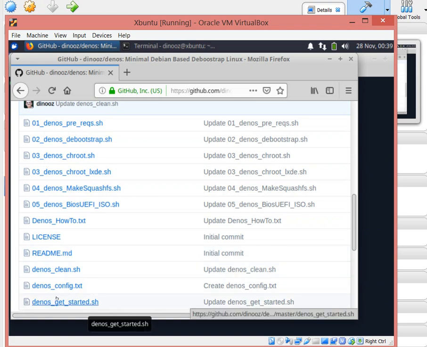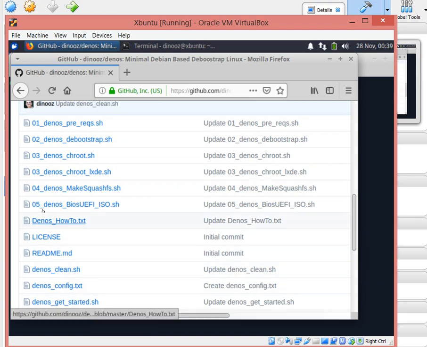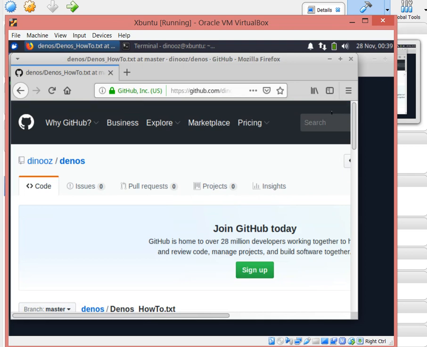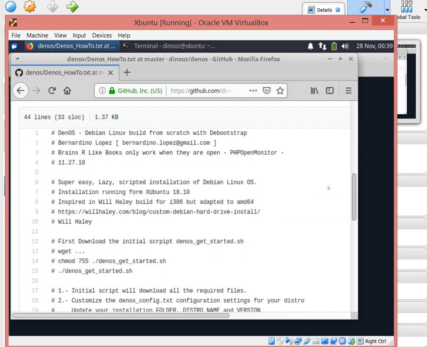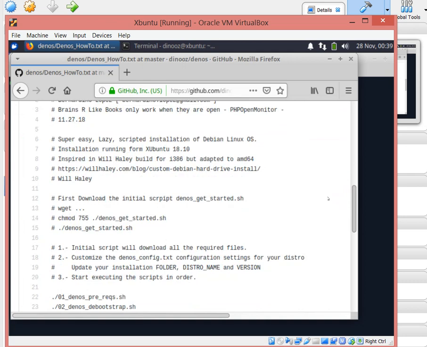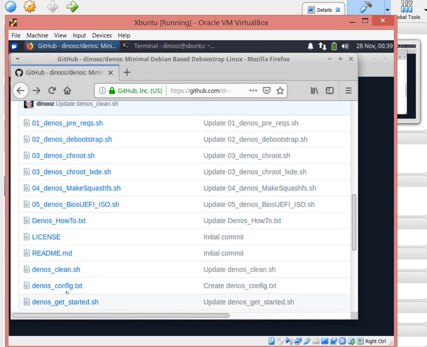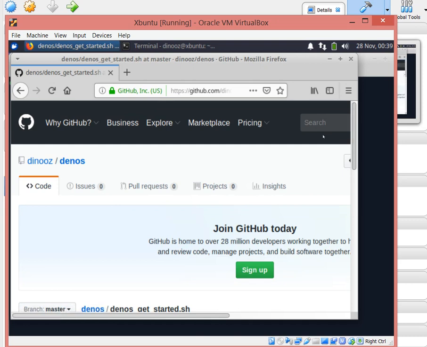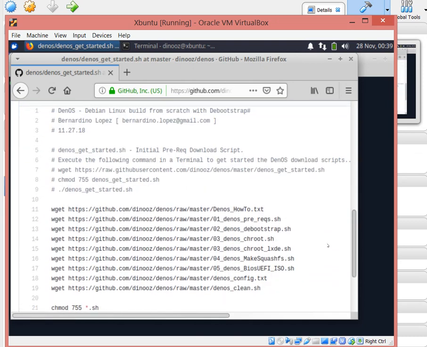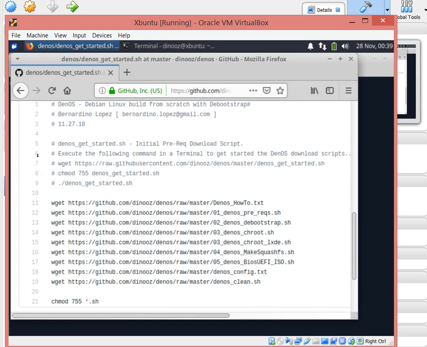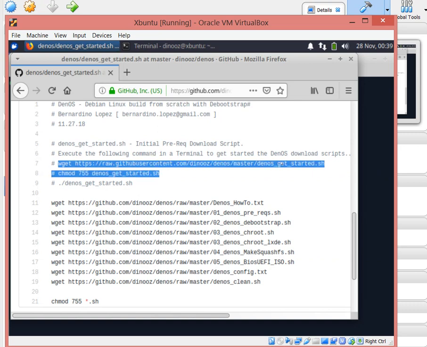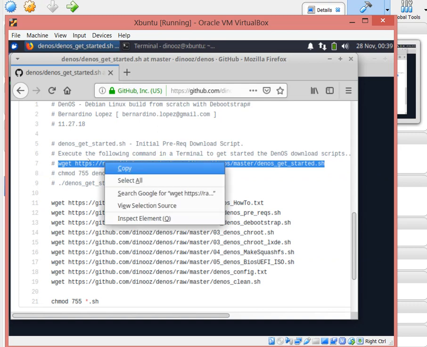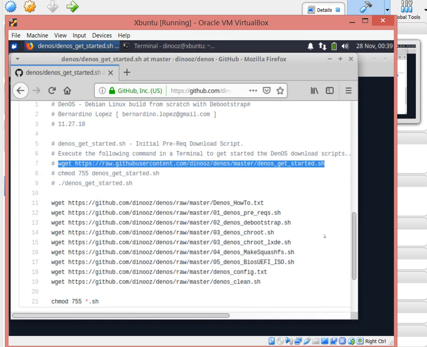There's one main file that actually is a get started. If you look at the documentation, basically just download one file and from there start getting all the other files that you need. So the get started file is actually the main script. It's going to take care of everything on downloading, everything that we need to download in order to get started. So let me just go ahead and copy this file from the repository,